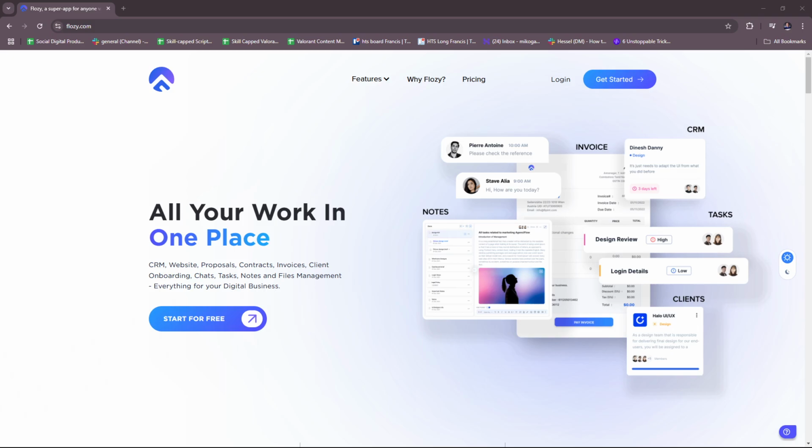So this video will have everything you need to know about workflow automation and all the key features and benefits of using Flozy. So without further ado, let's dive right into their website. So here, just type in flozy.com on your web browser and you should be able to see this landing page